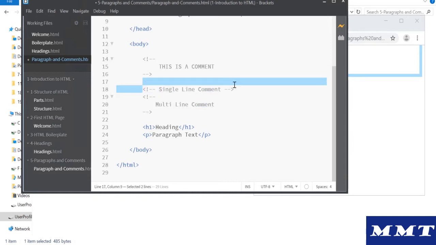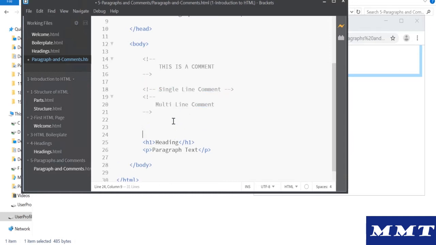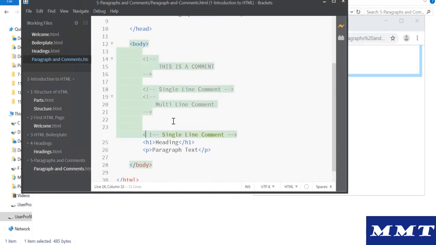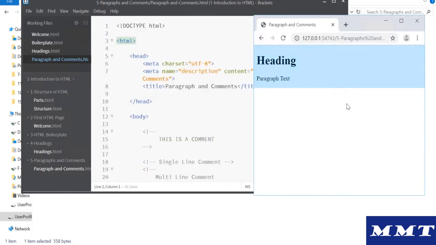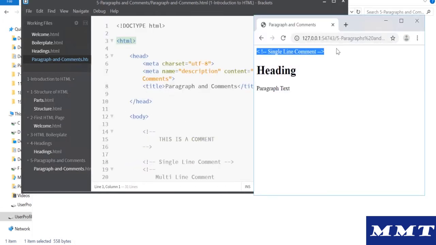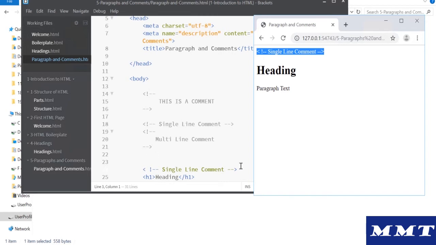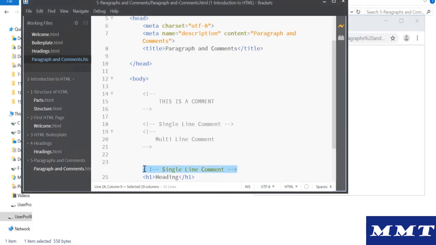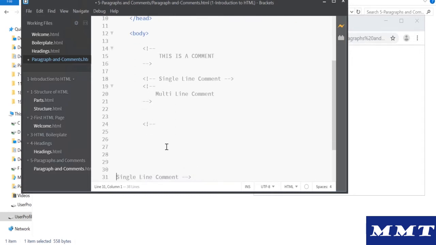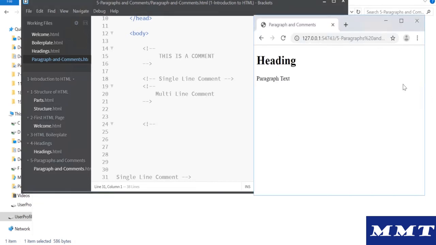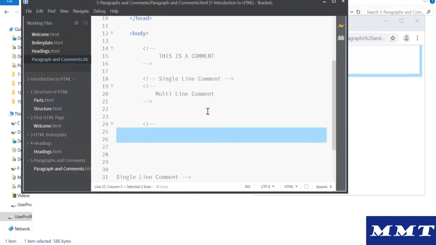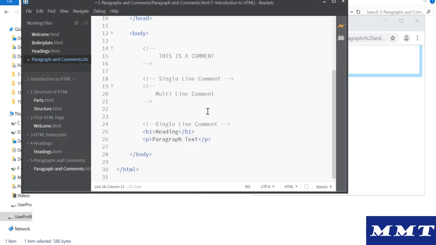Okay, and don't make this one mistake. When you write a comment, don't add a space here. Once you start adding a space after the less than symbol, it will be visible onto the output, because that is not a comment. Make sure the spaces are after you have added the dash dash. After you have dash dash, you can add any number of spaces and it will be fine. It will not be displayed in the output. All right, so understand how comments are written in an HTML page, because it's very important.